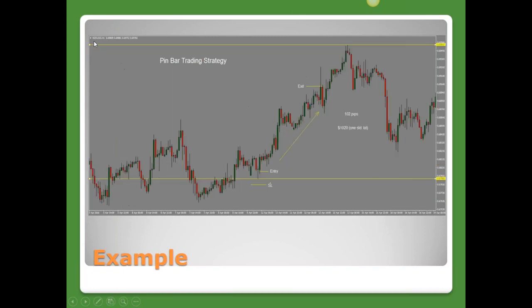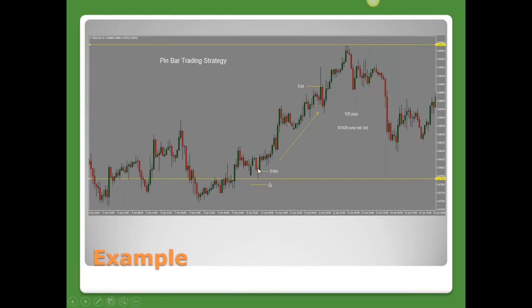So here's another example. This is also the New Zealand US dollar 1-hour chart. Here we are looking at a bullish pin bar. See, this is our support and resistance right here, and price comes and does a bit of a double bottom here, the wider double bottom, and starts to move up. And then price pulls back into this level, right into this support and resistance, and gives us a nice